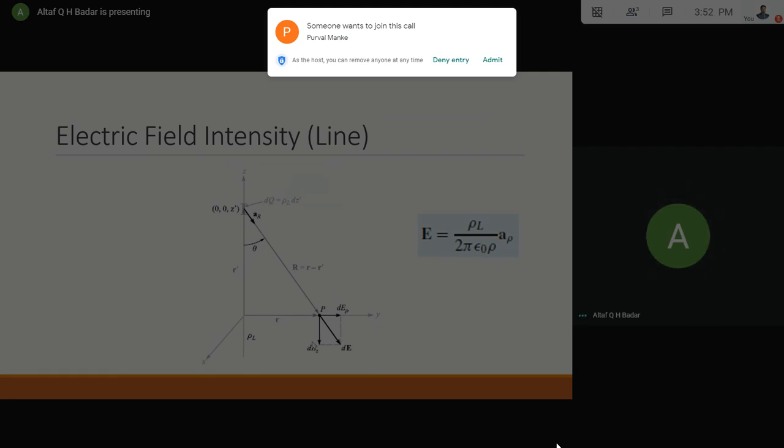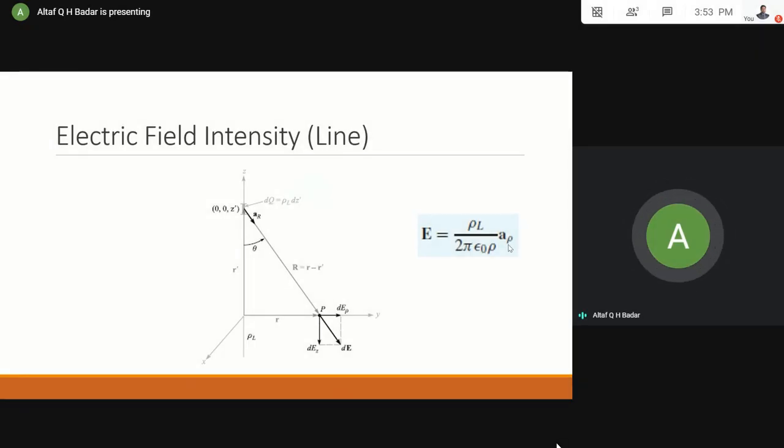And because of that symmetry, the Ez component is removed, and the only component that remains is E rho, right? D rho. So that is why we get the unit vector in the direction of A rho. That is the vector from origin to the given point in the horizontal xy plane only. So even if the point is somewhere above the xy plane, we assume it as a horizontal plane only. So A rho will represent the horizontal distance or the vector from the z axis. Okay, and this is what we get here.